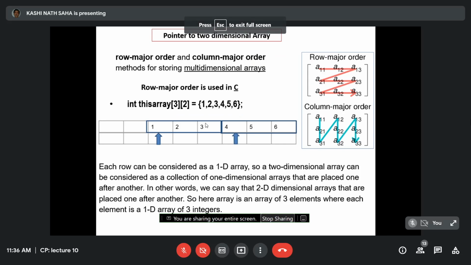Because now this is an array of arrays. There are 2 arrays here. It depends on the size of the matrix. If there were 3 rows, there would be another row, so the next memory location would be there. Okay. So this is the difference in finding out the particular location of an element